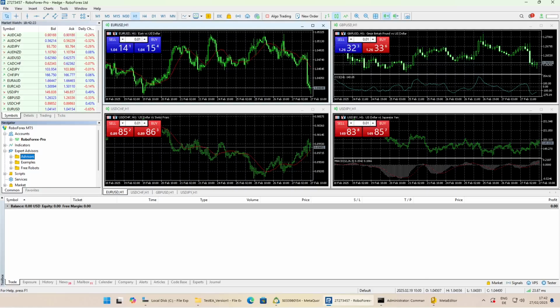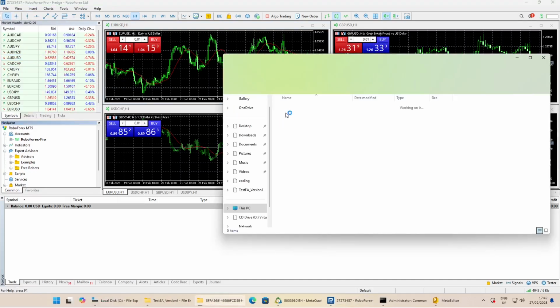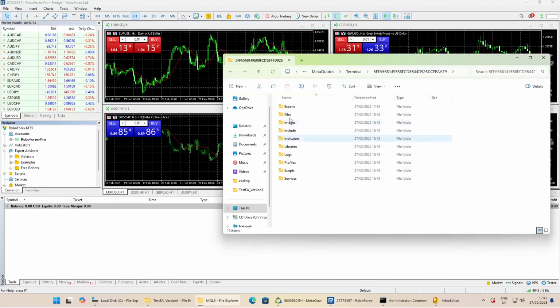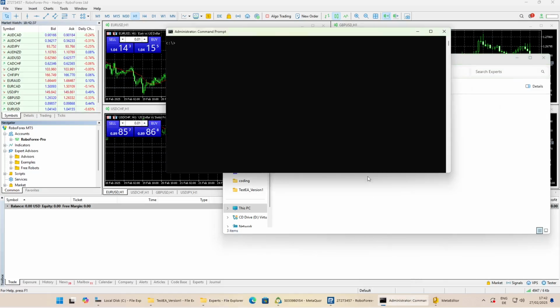Now you have to repeat the step on every terminal you want to have the folder linked. Therefore, again, you open the data folder, go to the Experts folder. Once again, right click here, copy the address, go back to the command line, cd into that folder, and once again,